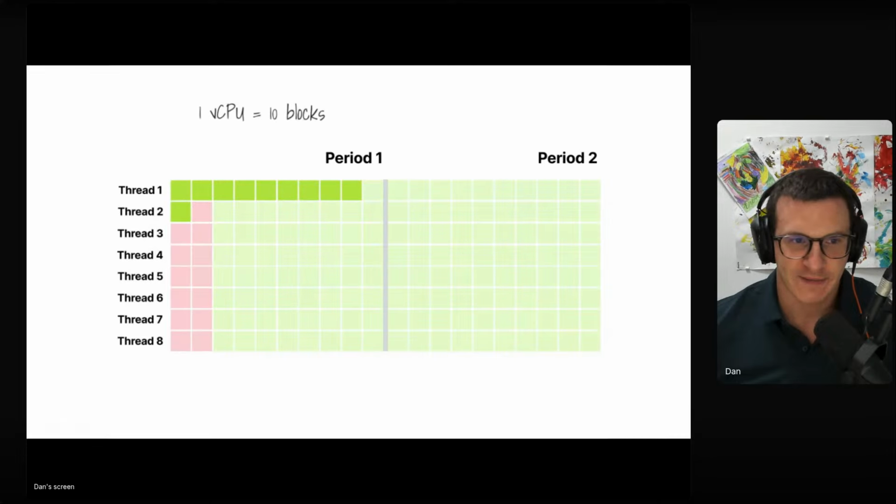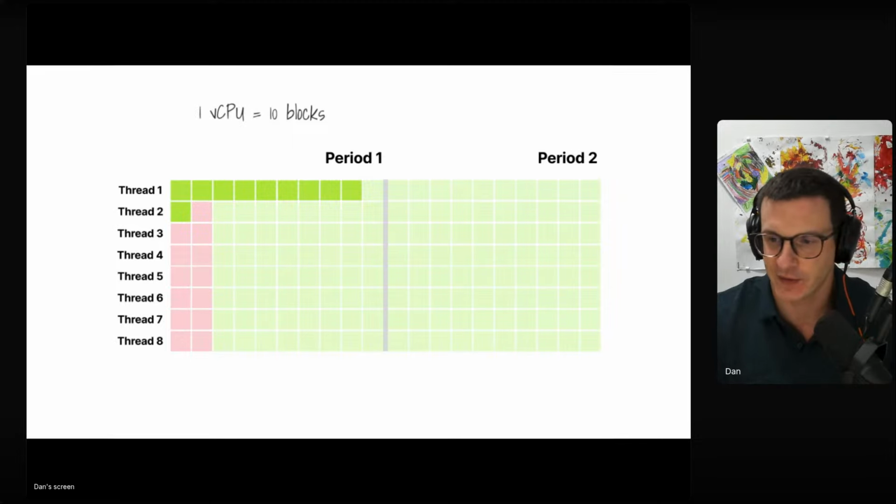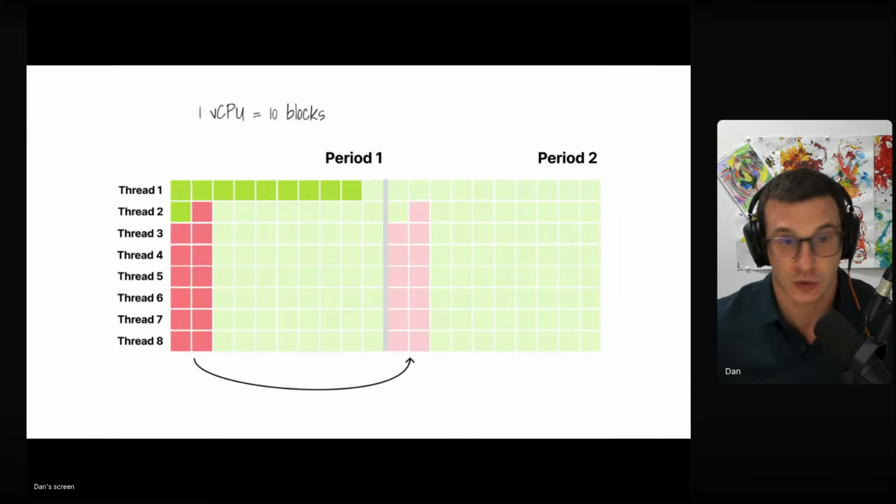But what happens if I have a thread which is just monopolizing all of the CPU? Then this is even worse because all of the other threads will basically be blocked. We'll need to wait for the next period to do any sort of processing. And what if the next time it's not the first thread, but the third? And all of these threads are basically different requests or responses coming from the users.